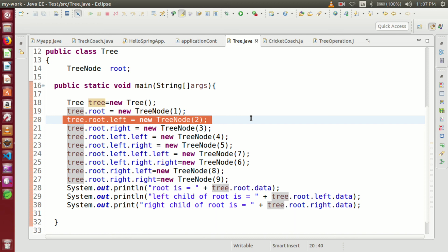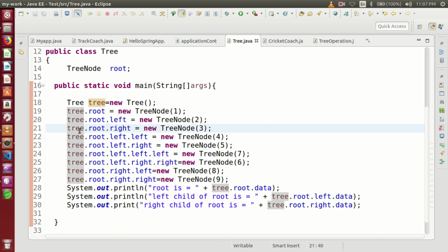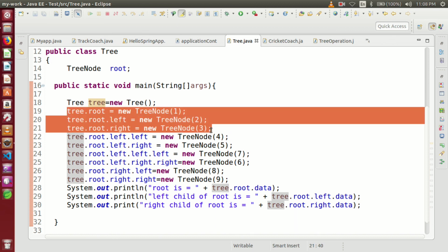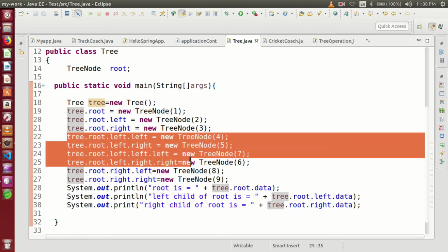So our left child is 2. After that we will create one more node with the data value 3 and assign it to root dot right. So now we have 3 nodes. The first node is our root node with the data value 1, the left child is 2 and the right child is 3. Similarly we will assign the other nodes also.